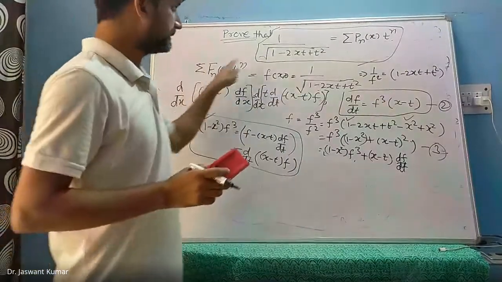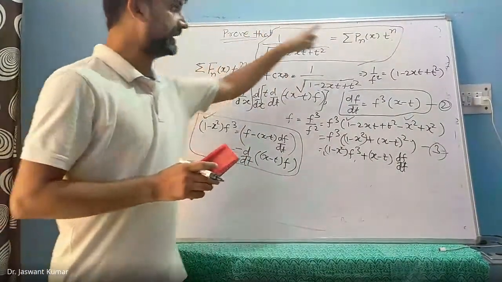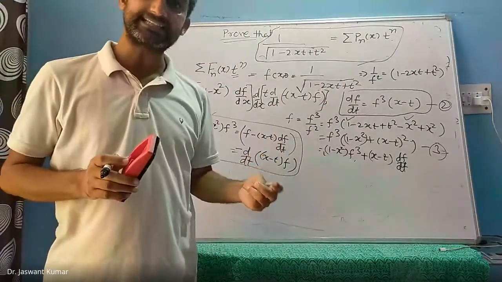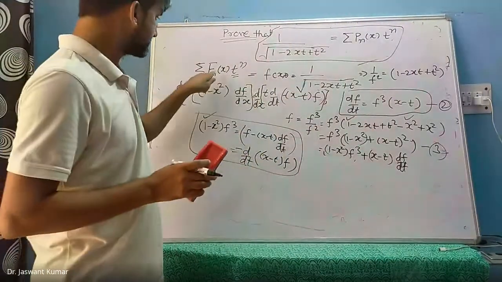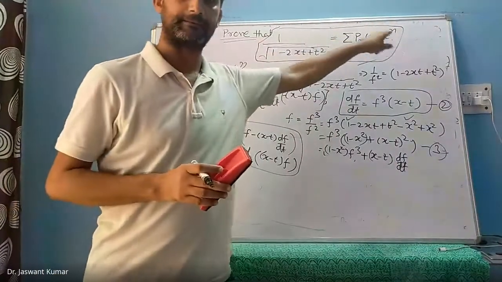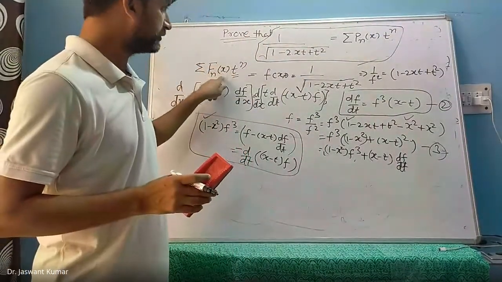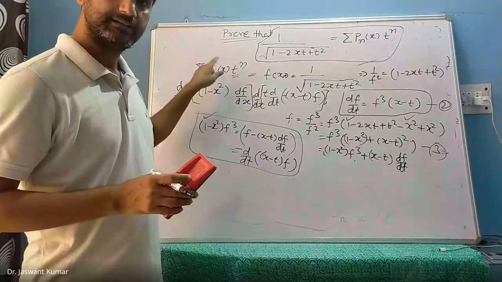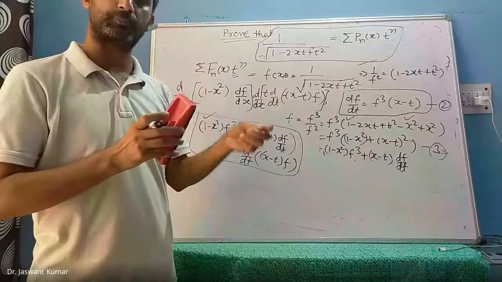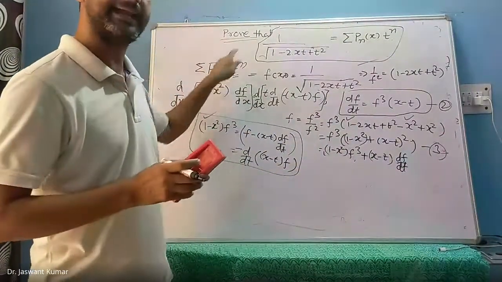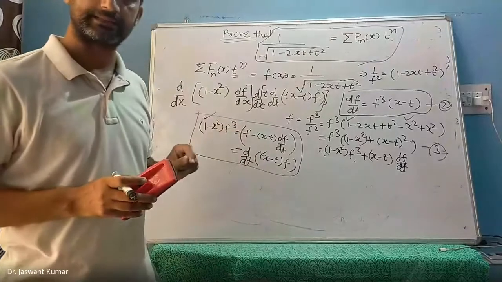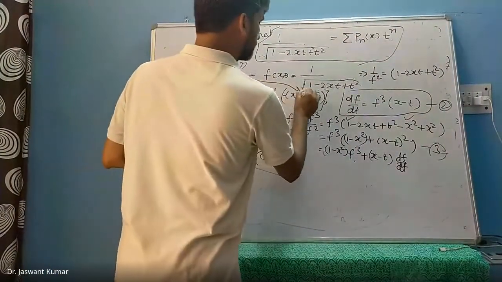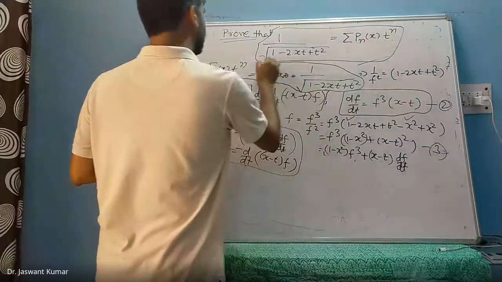When will fnx be pnx? Fnx will be equal to pnx only when fnx satisfies Lysender's equation and also it has the proper normalization. Not only does it need to satisfy Lysender's equation, this fnx should also have proper normalization for it to be called a Lysender's polynomial pnx. But in any case, without any derivation or something, this term can be written like this.